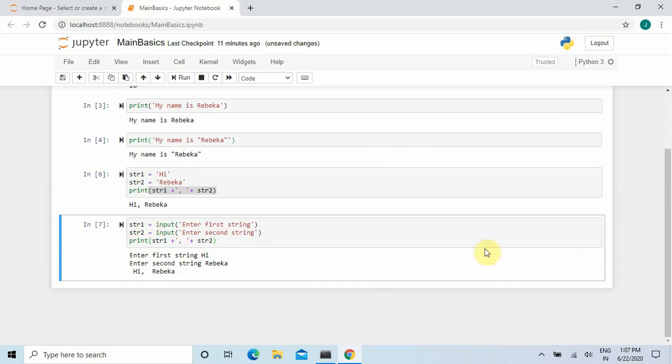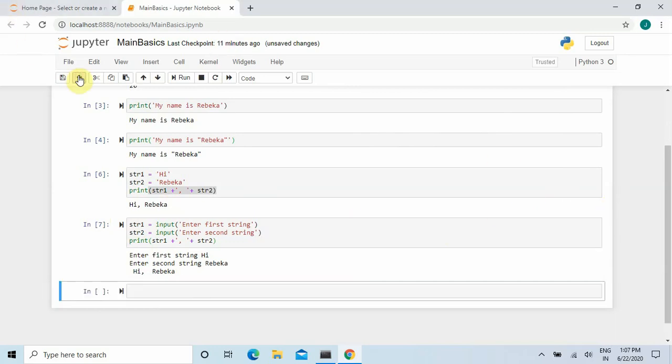Now I have shown you the operation of the strings, how the input function works with string. Now what happens in case of integer or float? When we want to take the value as an integer or a float, then what will happen?